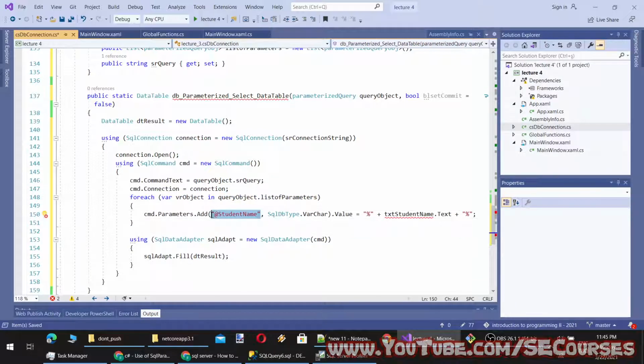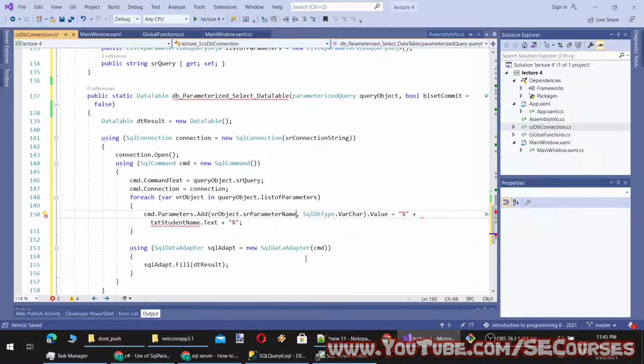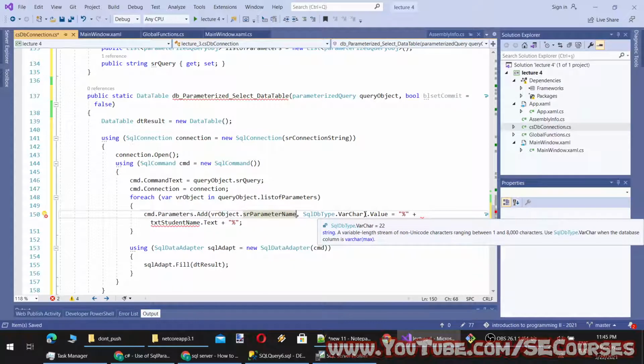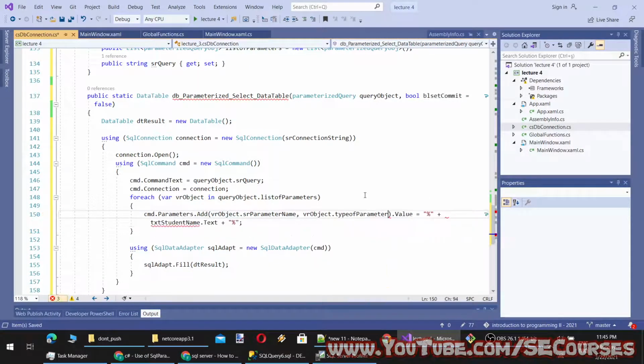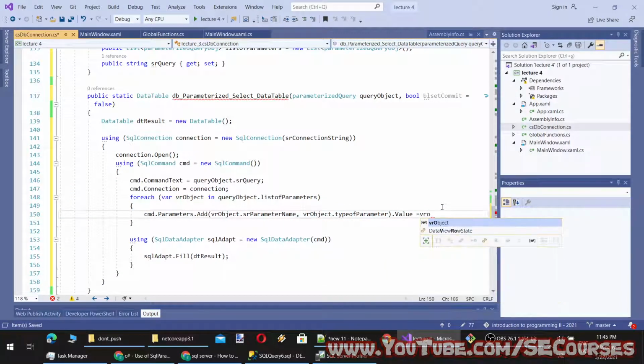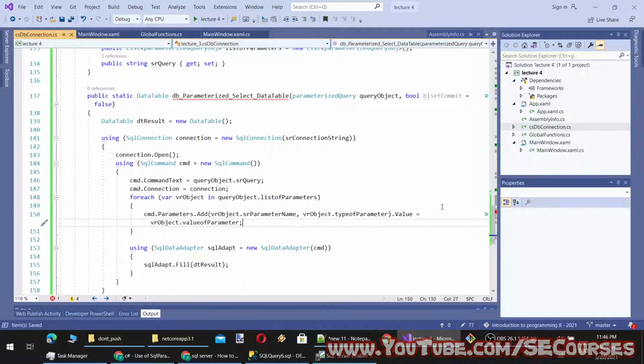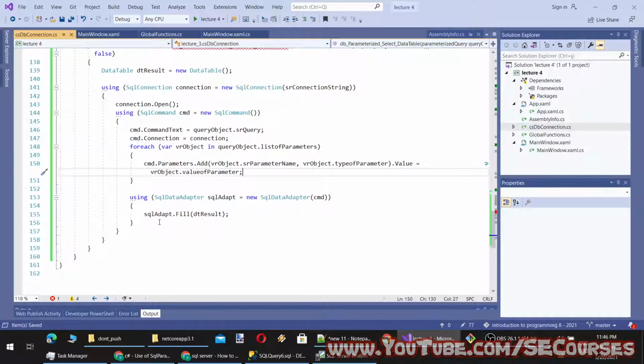The parameter name will be the object dot parameter name, and then the type will be the object dot type of parameter, and the value will be equal to the object dot value of parameter. And we will fill the adapter and return the result.